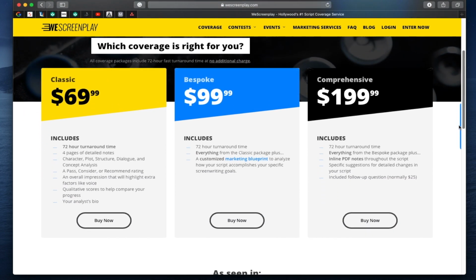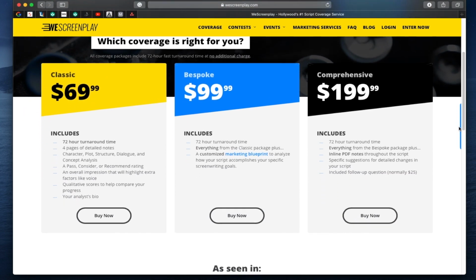WeScreenplay has 3 different packages: Classic, Bespoke, and Comprehensive, each at a different price point. Classic at $69.99, Bespoke at $99.99, and Comprehensive at $199.99. Each include slightly different things. Classic includes 72-hour turnaround time, 4 pages of detailed notes, character plot, structure, dialogue, and concept analysis, a pass, consider, or recommend rating, an overall impression that will highlight extra factors like voice, qualitative scores to compare your progress, and